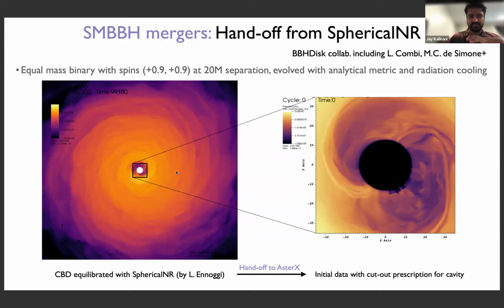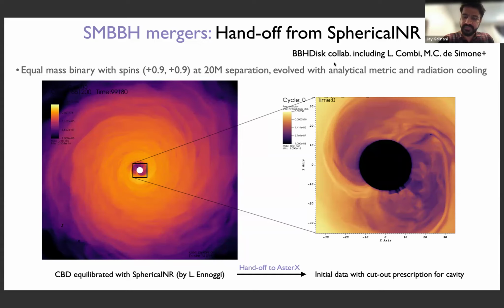So what you do essentially is you have a circumbinary disk that you equilibrate with this code called spherical NR, and this is a simulation done by Lorenzo, what you see on the left. Then you have a cutout in the middle, and to model the merger of the SMBBH, you hand off to a different Cartesian code. In this case, we hand it off to AsterX. This is for a binary with spins plus 0.9 and plus 0.9 at a 20M separation. We also evolve this with a superimposed Kerr-Schild metric,